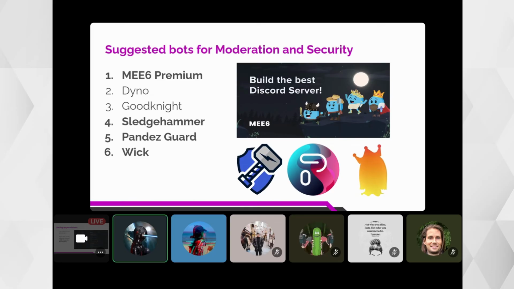I know some of you do not know how to avoid spam links in your server. The answer is this one, Mi6 Premium for me, and also Goodnight. But with Mi6 Premium, I like it more because you can whitelist some websites. For example, twitter.com, facebook.com, I want to allow those, and of course the website of my project.